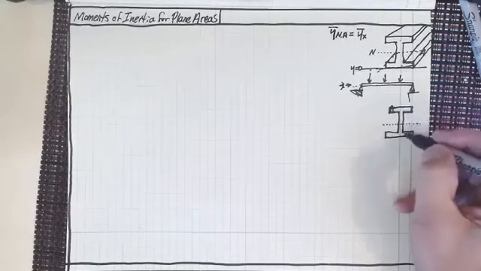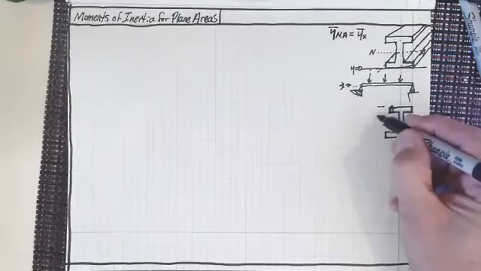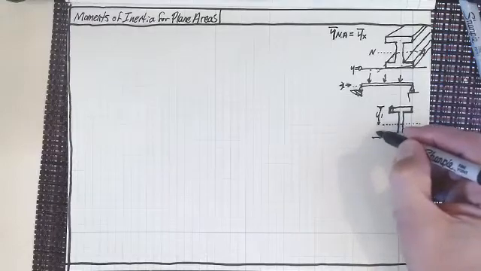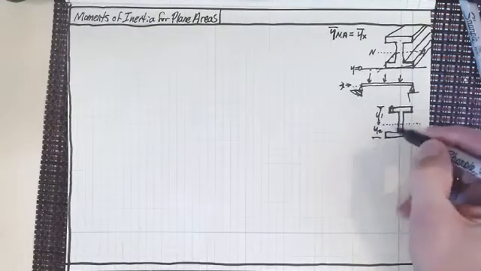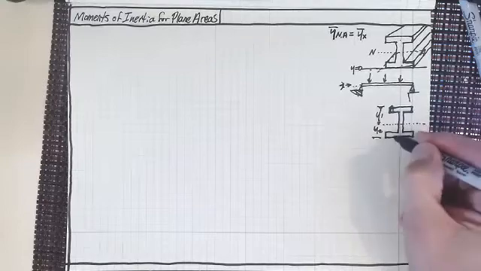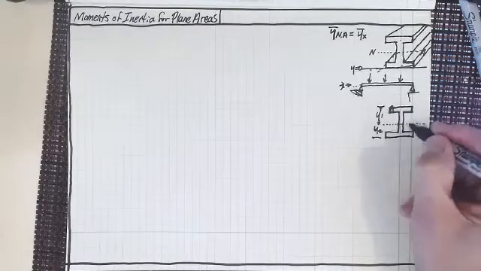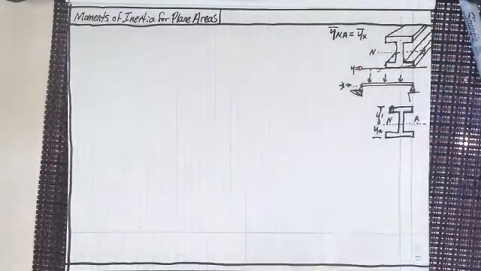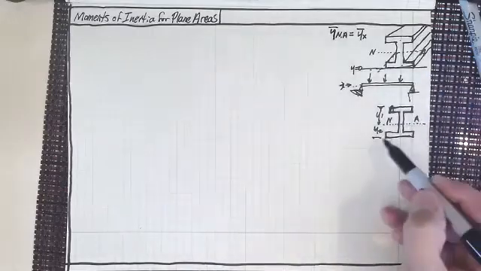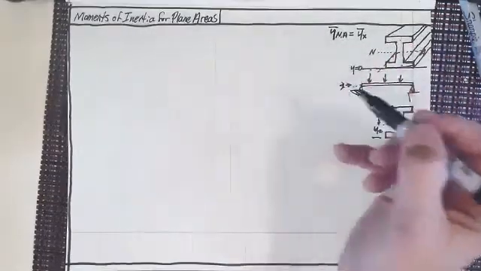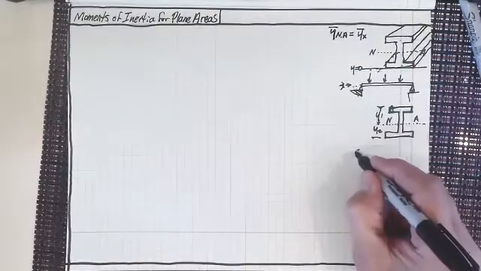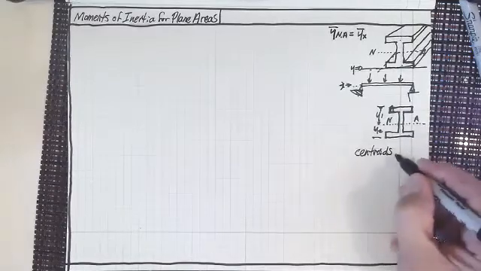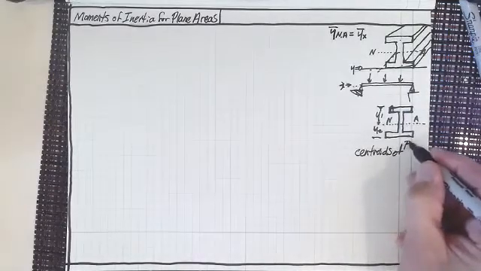So all of a sudden, instead of this distance here, let's call this distance y1, and this distance here, y2. I think everybody can see that now, because this is thicker down on the bottom, the centroidal axis, which is also the neutral axis, I'm telling you the punchline before we get to those lectures, is going to be down there. So that is why centroids are important. So determining centroids of plane areas,